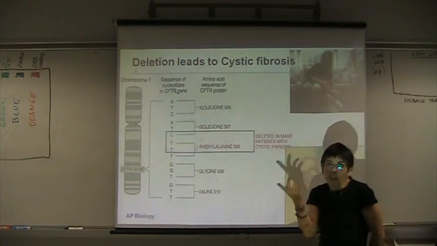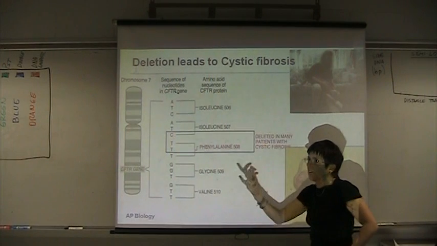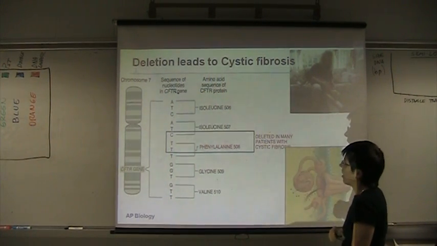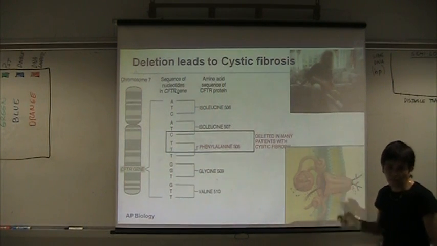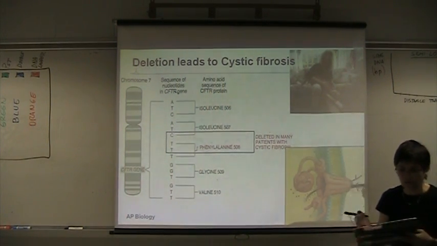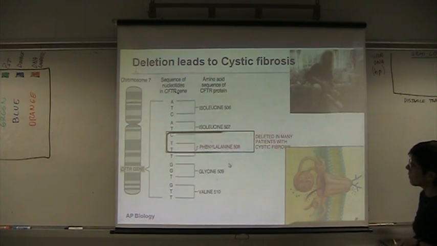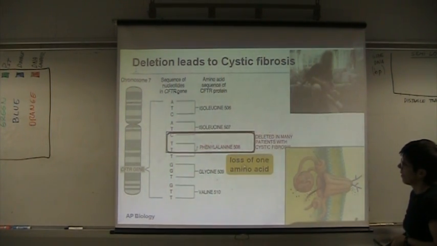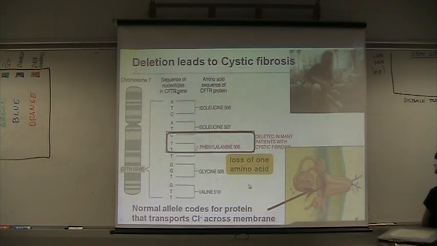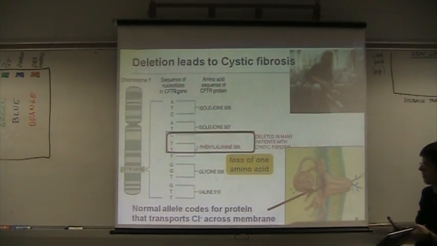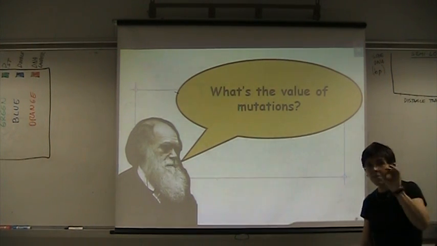And at the end, you just change one amino acid. You are missing one and you replace it by another one. And just that small change results in this serious problem where you cannot regulate the transport of chlorine ions through the membrane. One amino acid is gone. So with the normal one, you have the beautiful protein that transports chlorine. With the bad one, you don't. So tiny changes,